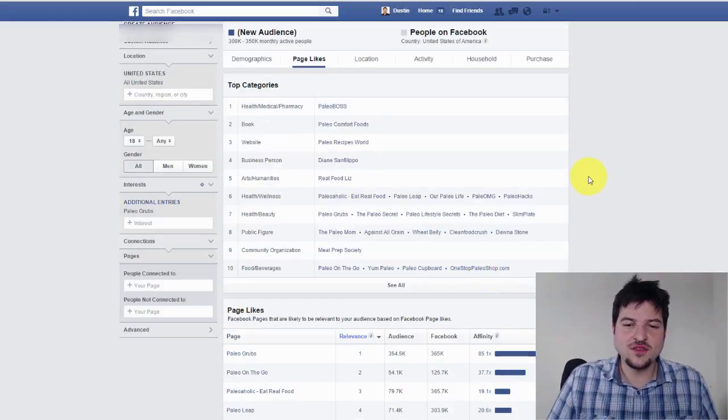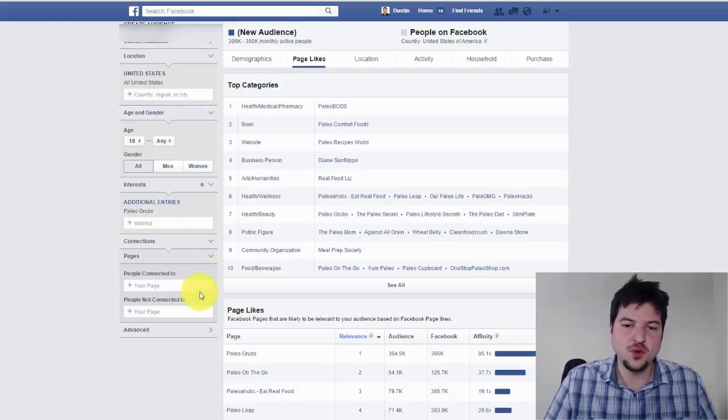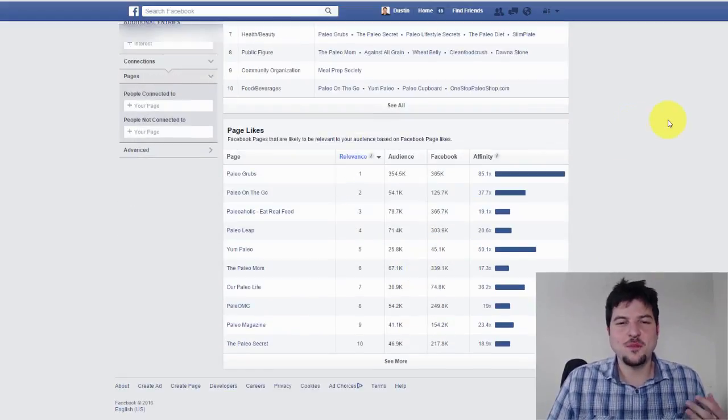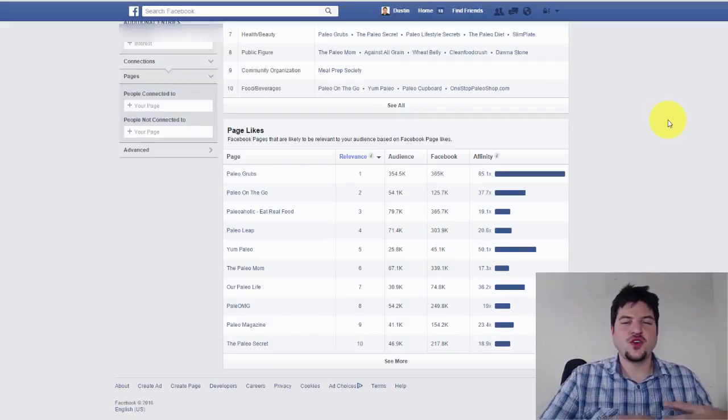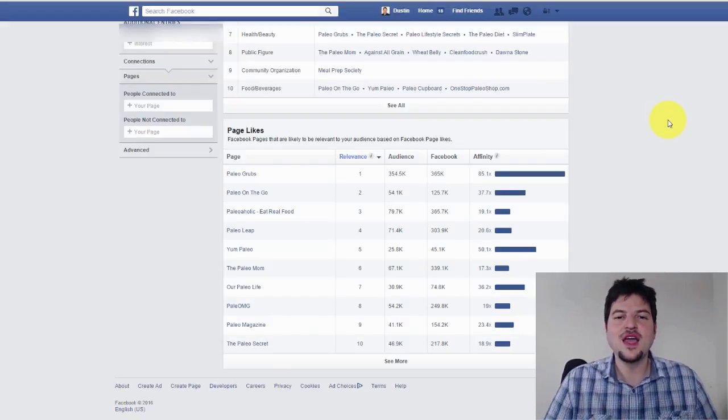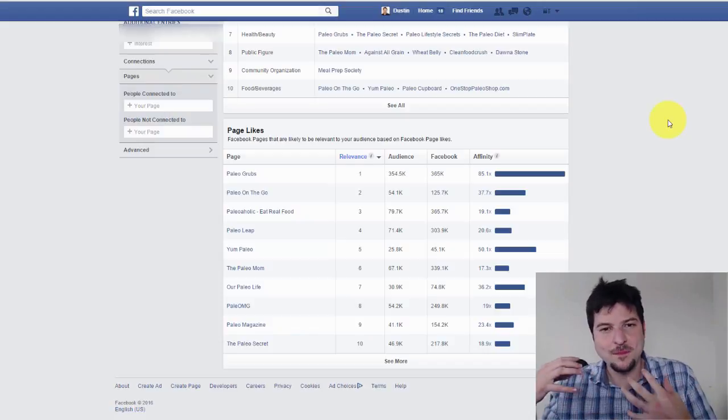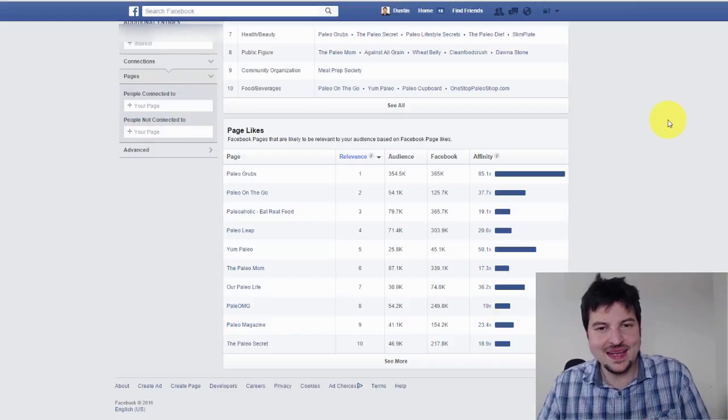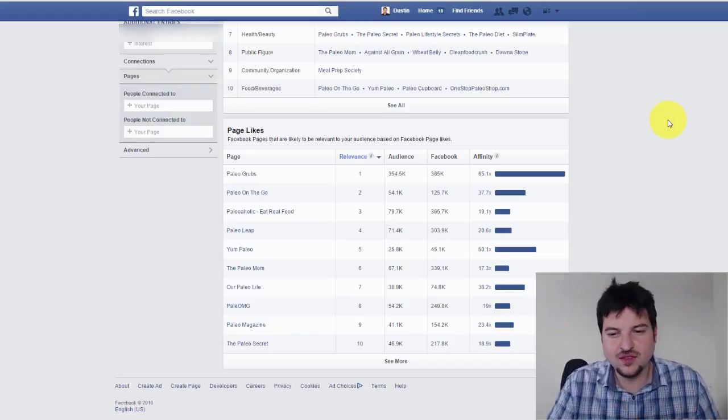And so if you were trying to go after the weight loss niche and it was paleo, now you could be more targeted and go after only people who are paleo. And think about it. If you have a paleo meal and you're creating thumbnails and you're creating content, and you want to put that content in front of the right people, the people that want to eat that type of food, they want that diet, they love to do stuff like that,